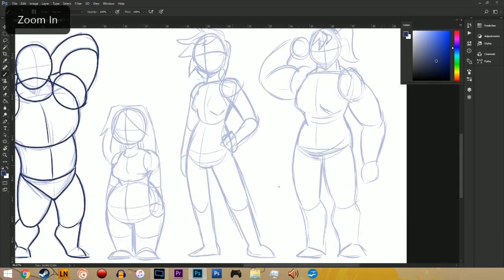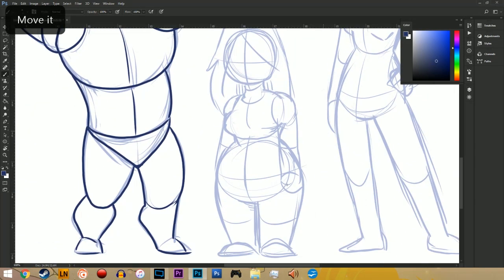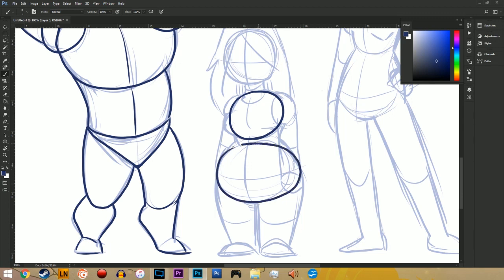Now we're going to move on to some more feminine shapes. This here is my interpretation of the pear shape. To quickly illustrate a pear, that's a pear. We all know what pears look like, but that's just to show you what I mean. How I do this is I start off with one circle here, then I draw another wider circle underneath it, and then I join them up like that.